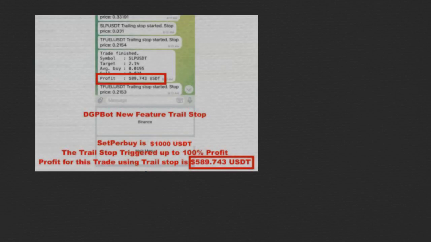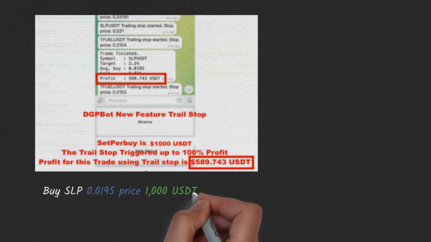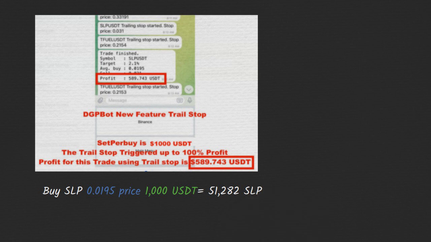Here's an actual example. This is the explanation. Buy SLP at 0.0195 price, set buy 1000 USDT, equals 51,282 SLP coins. Sell SLP at 0.031 price times 51,282 SLP equals